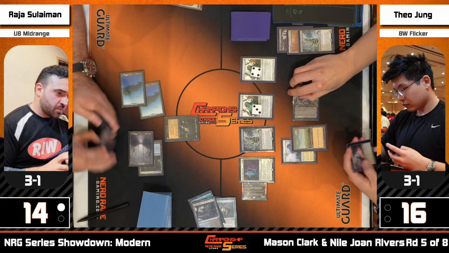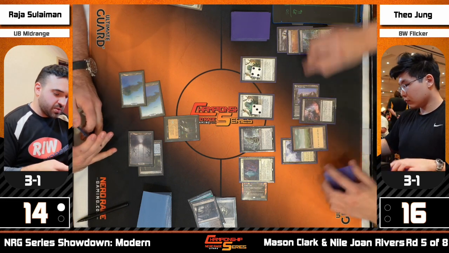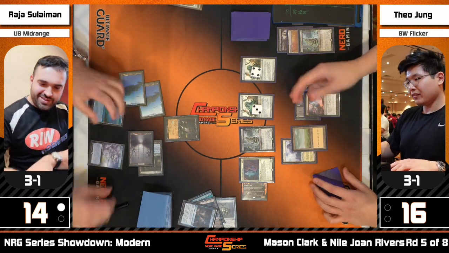Yeah, as Theo looks like has a Thoughtseize about to play here. Stern Scolding and I think Sink into Stupor are the